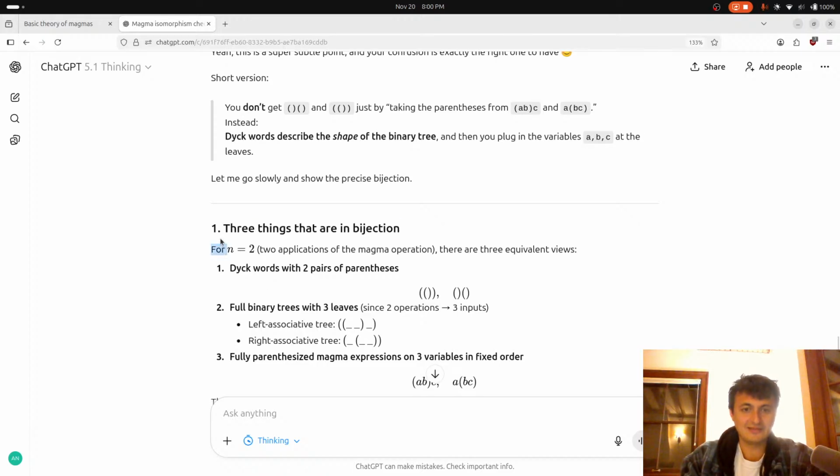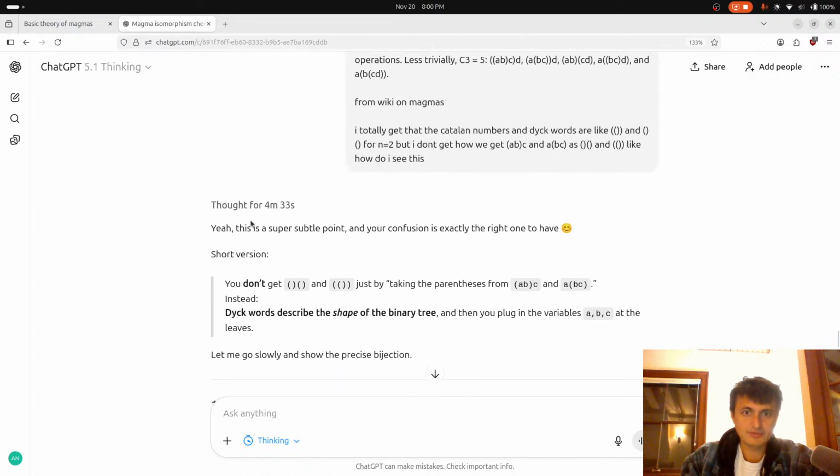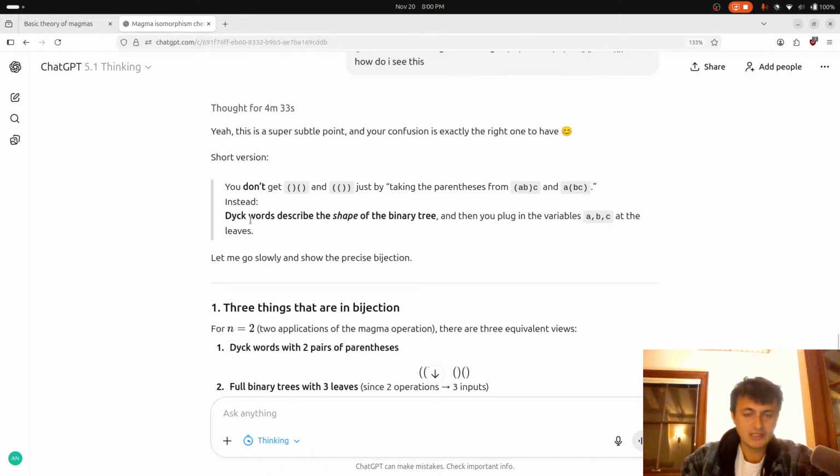I think that's a lot deeper. So anyways, right now what I'm trying to get through is the understanding of the Catalan numbers that I understand are these things called the Dyck words, which are basically ways that if I hand you n pairs of parentheses, how many different ways can you write those together?